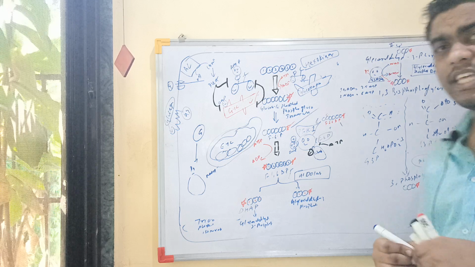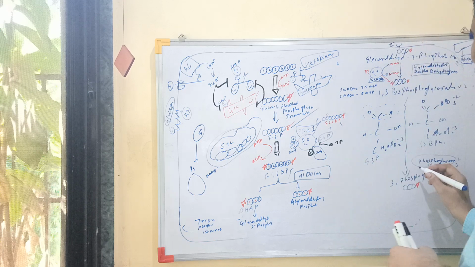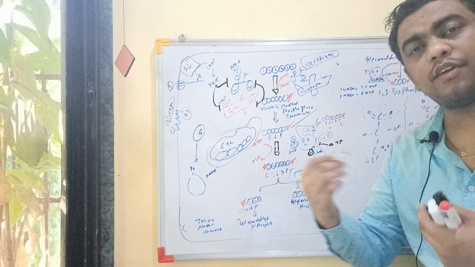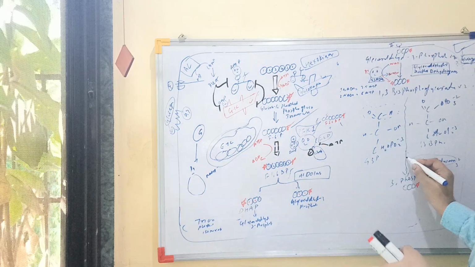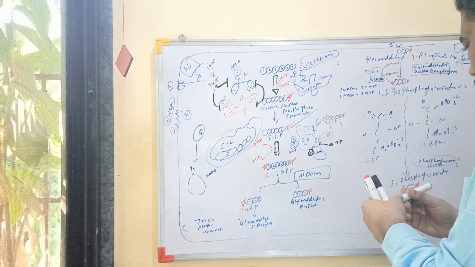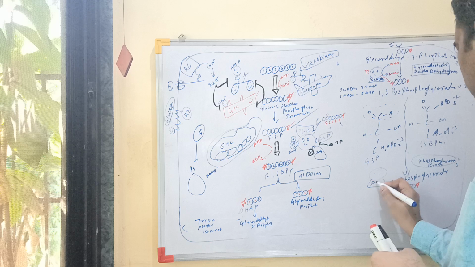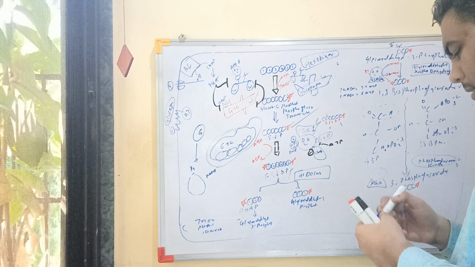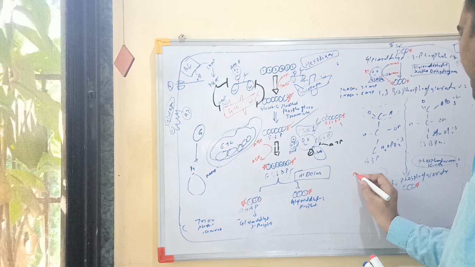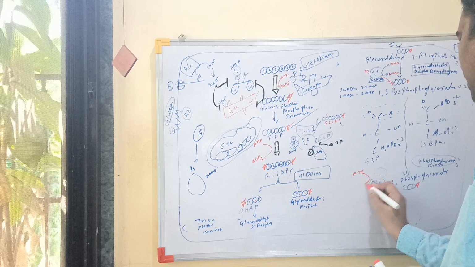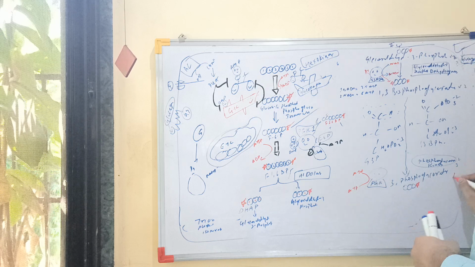You will ask, kinase क्यों सर? phosphate तो ले रहा है, दे नहीं रहा है. Kinase इसलिए because ये phosphate दे रहा है, it is giving phosphate to ADP. Okay, so this is the enzyme phosphoglycerate kinase, and it is taking ADP and giving ATP, and of course this is